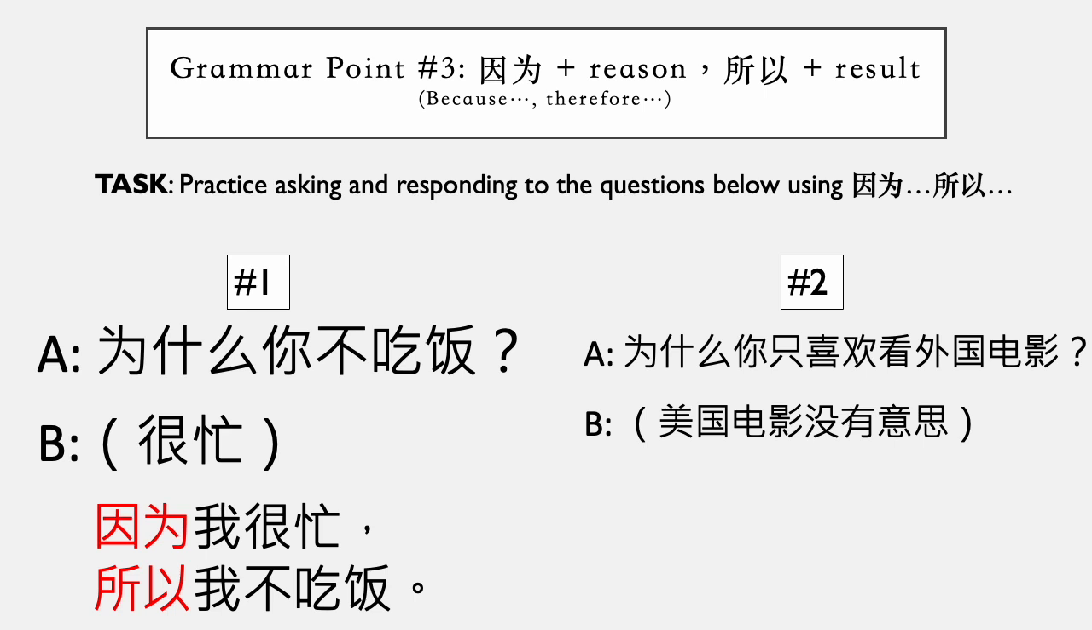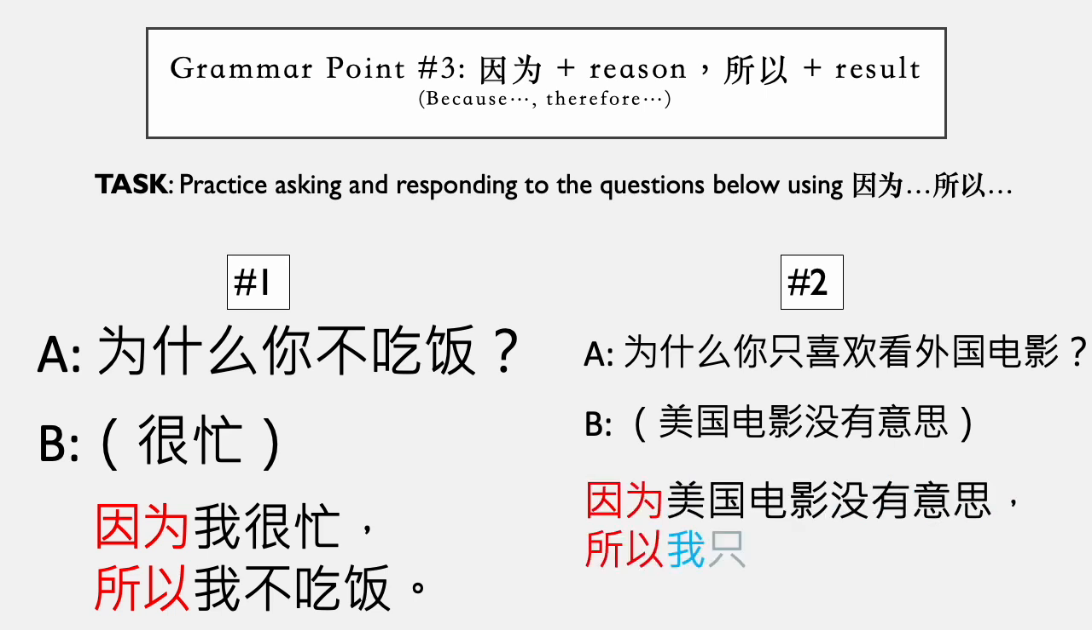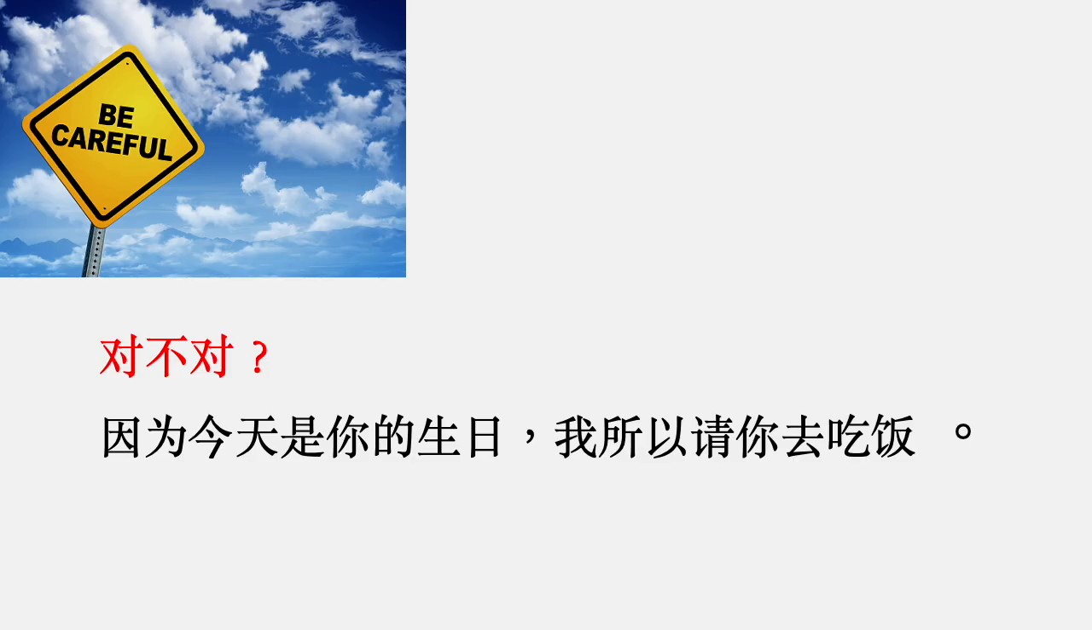If A says, 为什么你只喜欢看外国电影? Right? Why do you only like to watch foreign movies? And you want to say, well, it's because I think American movies are quite boring. So I like to watch foreign movies. You would say, 因为美国电影没有意思，所以我只喜欢看外国电影。